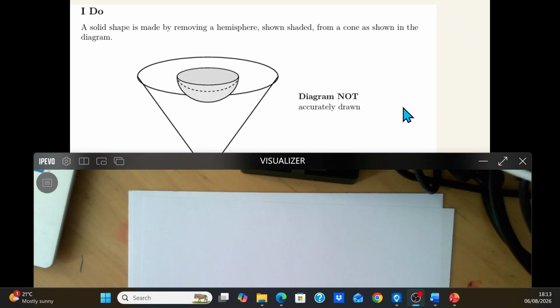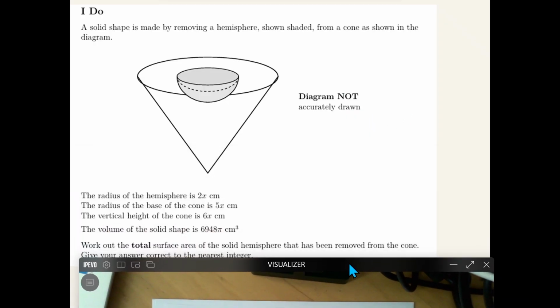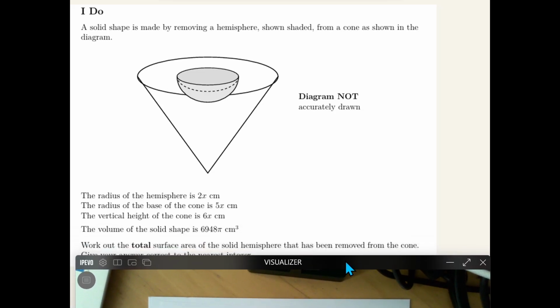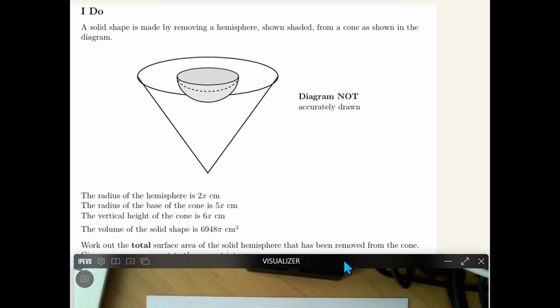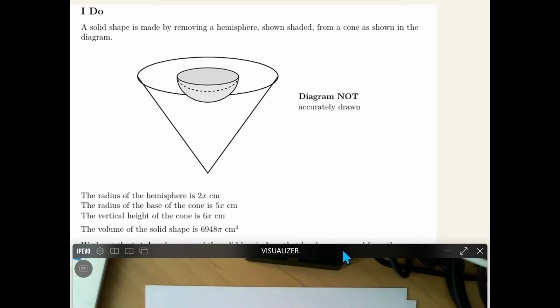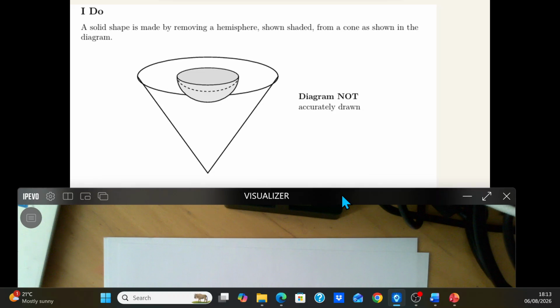Right, so this question talks about the volume of the shape, and you're asked to find the total surface area of the hemisphere. So first of all, we're going to need to work out what x is, because that will give us our radiuses. So what we do know is